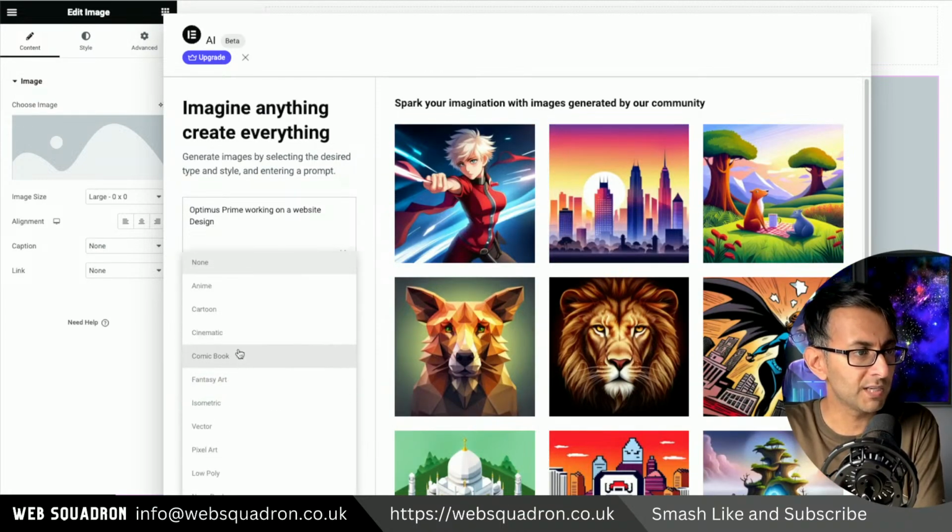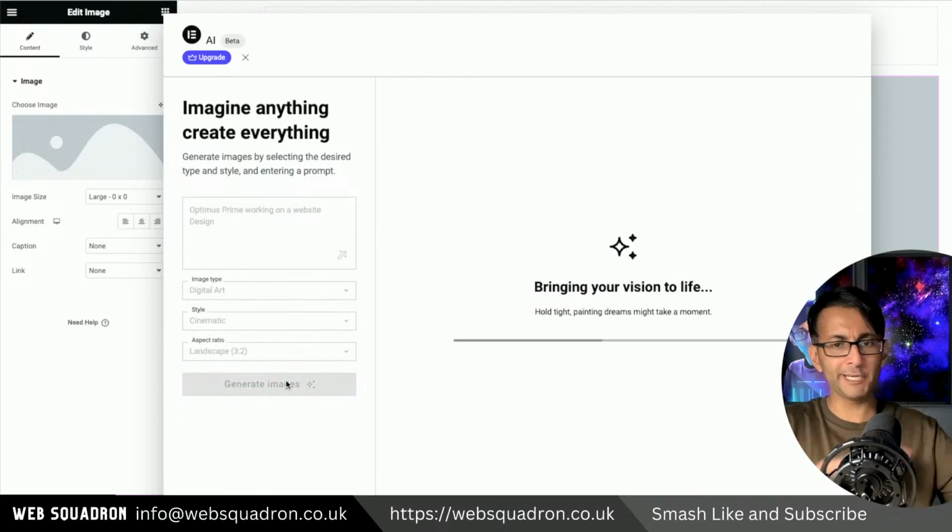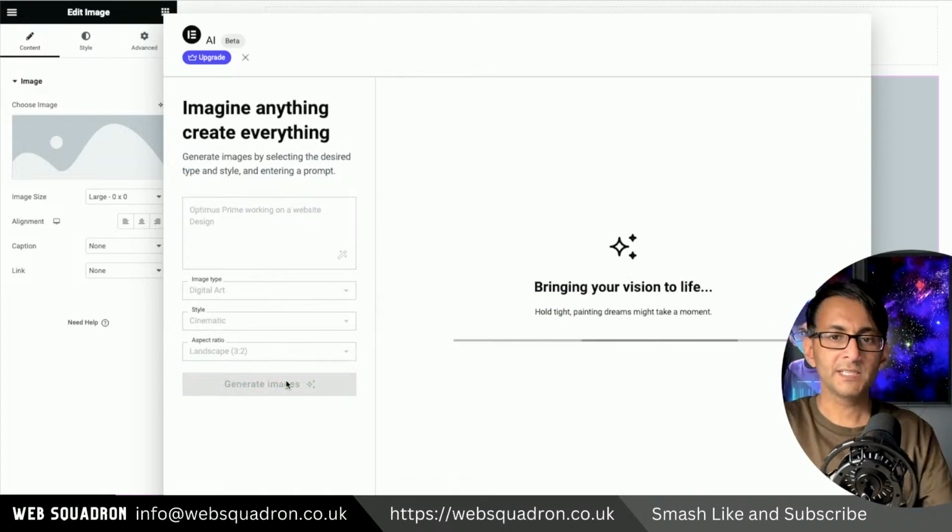We'll go for a cinematic comic book. What should we go for? Let's go for cinematic. Let's generate the image. Let's see what it gives us. So